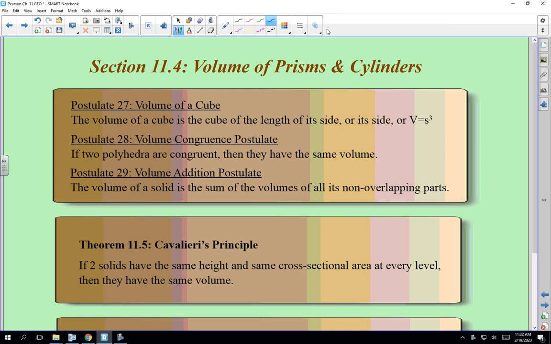Postulate 28: if two polyhedra, which is plural for polyhedron, are congruent, then they have the same volume. Makes sense. Volume addition postulate: the volume of a solid is the sum of the volumes of its non-overlapping parts. That's what allows us to find maybe a sphere sitting on top of a cube. You can add the volume of the cube plus the volume of the sphere and get the volume of the total